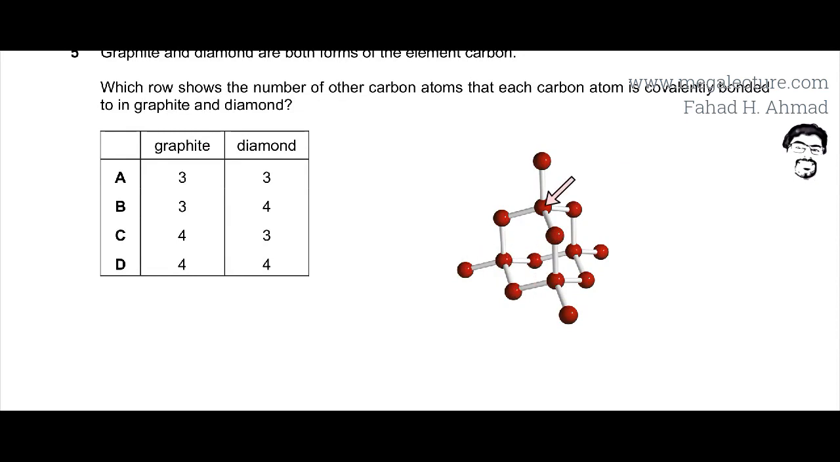So all carbon atoms in diamond are arranged in a tetrahedral arrangement, and all the angles are 109.5 degrees, but each carbon atom is bonded to 4 different carbon atoms. So your correct answer